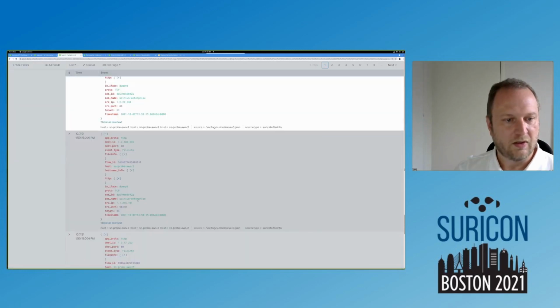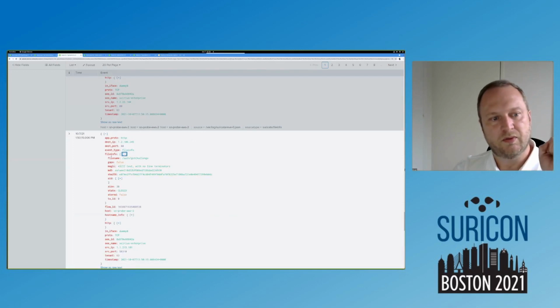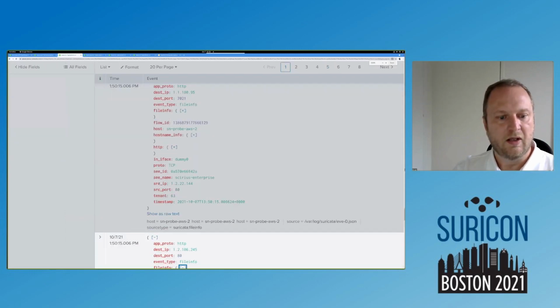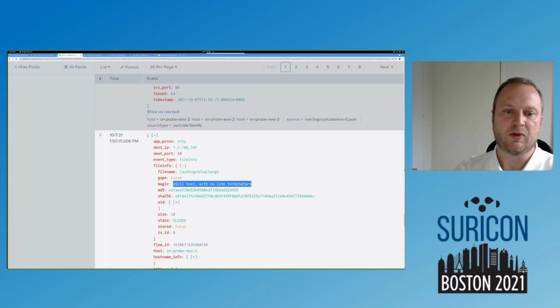No, ASCII text. Okay, so in fact, what I am trying to show you is exactly that. We have in the file info, the file name info here, information about the magic, but in fact, it's long information with ASCII text and with no line terminator. So maybe it's not really interesting to have what is after the comma. And if you take images, it's even worse because in some cases, you will have the size of the image. So this is not really what we want.